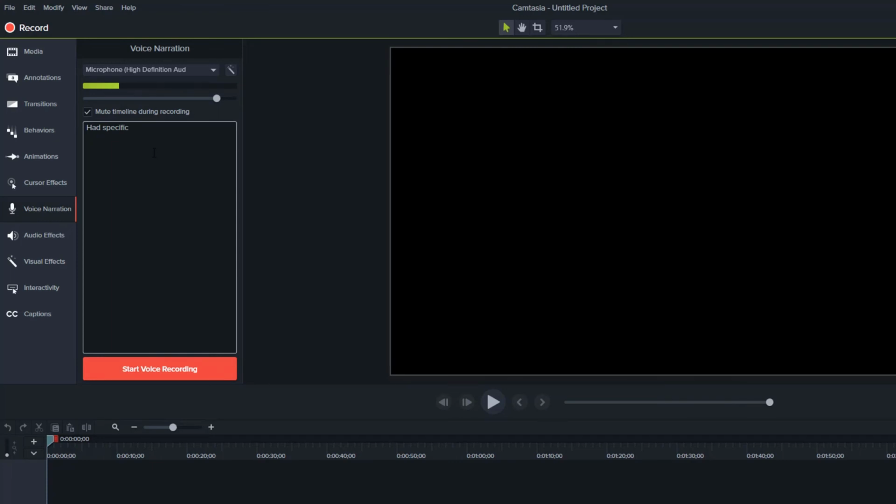If I had that in a Word document, I could just copy it. I could come in here and paste it, right? So if I had words, I could just paste all the words that I need to put in here and just read. Now, all I need to do is look over that, read it a couple of times, get familiar with what it is, and then at the bottom here, click Start Voice Recording. And then it'll create that audio file for me that I can use when I edit my screen recording.